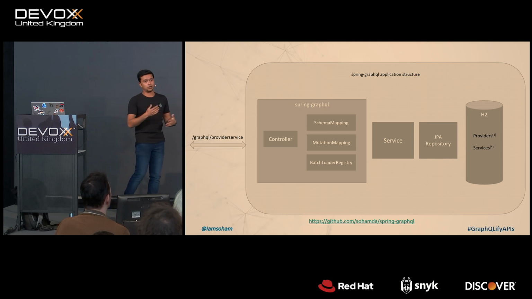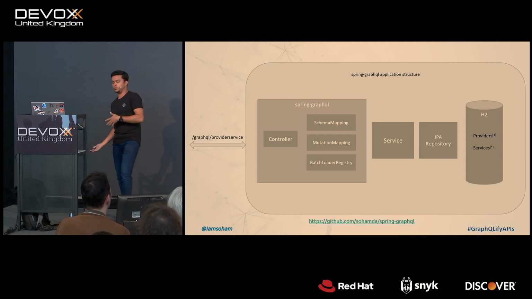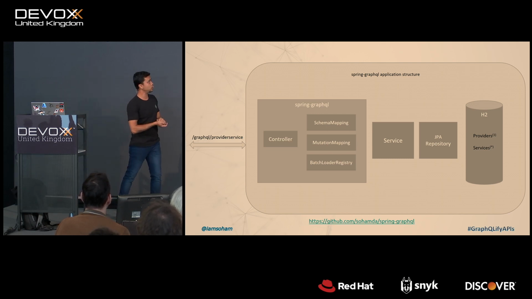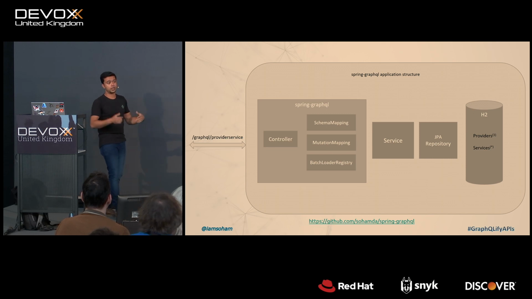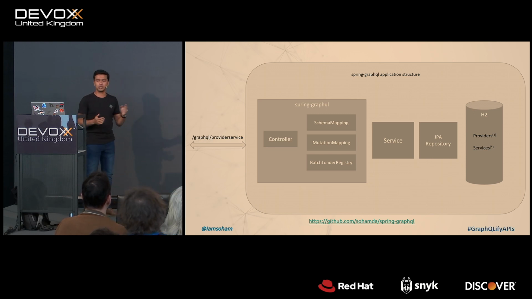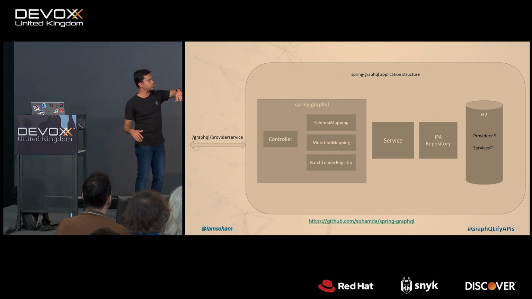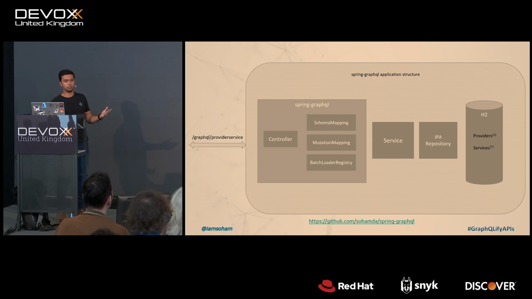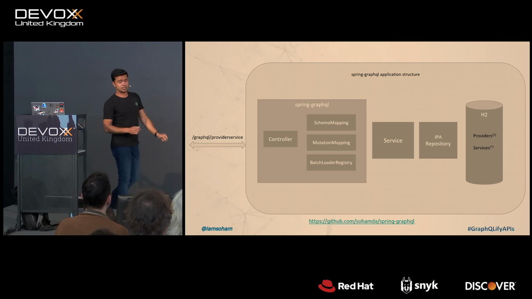They thought of the implementation in a different way. So they wanted to have the way we implement REST interfaces for Spring Boot. So they still have a controller where you actually expose your GraphQL endpoint. But then they have supporting interfaces, which actually helps you implementing the schema mapping, the mutation mapping, and the batch loader. The batch loader is basically for the data loading part when it comes to n+1 problem. But again, the rest remains the same.